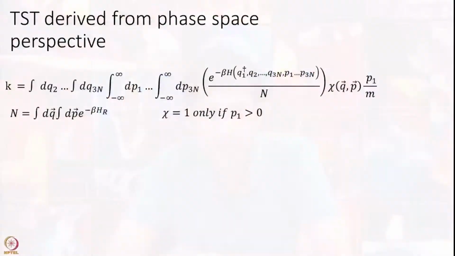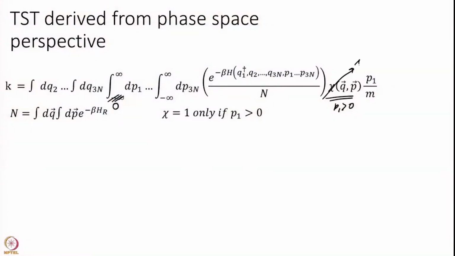Okay. So, we have our formulas for d and chi, and all that is needed is to put into this big integral. Okay. So, let us see where that goes. So, this chi here will be 1 only if P1 is greater than 0. So, otherwise it will be 0. So, I change the integral over P1 from 0 to infinity, okay, because if P1 is less than 0, chi will be equal to 0 and that will not contribute at all to the integral, and then I can get rid of chi to be 1. If P1 is greater than 0, then chi is 1.